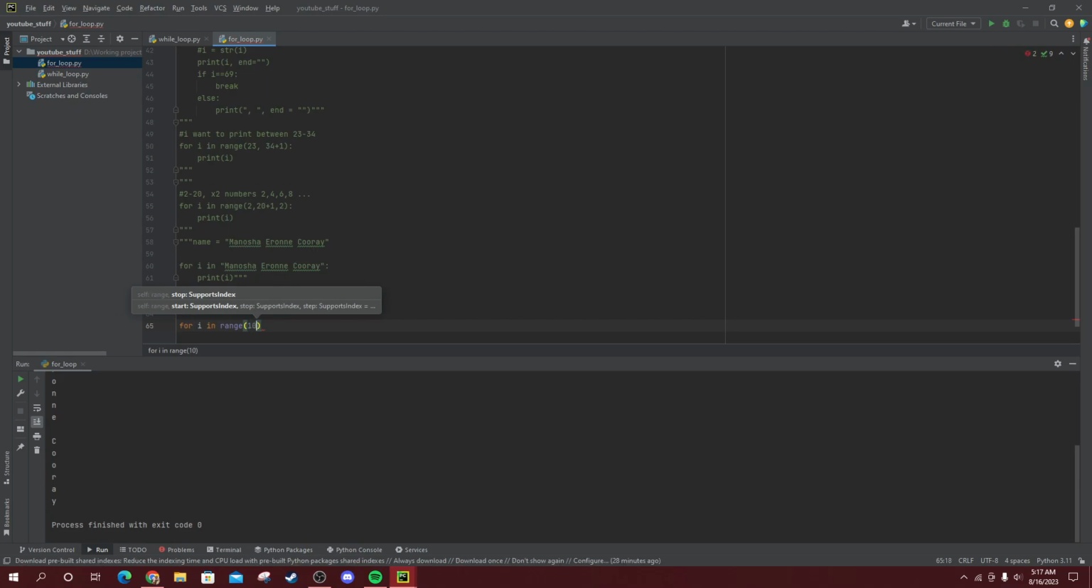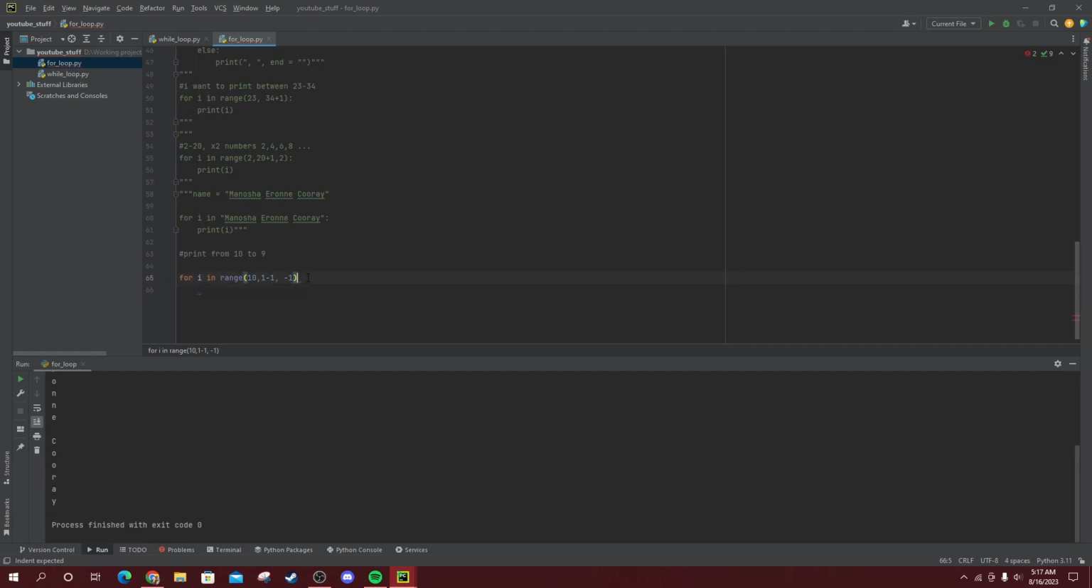10, end from 1 minus 1. I mean 1 minus 1 is 0. The 0 is going to be exclusive, but the value to be 1. And we want the values to be decreased, not increased. So the minus 1 here, and then